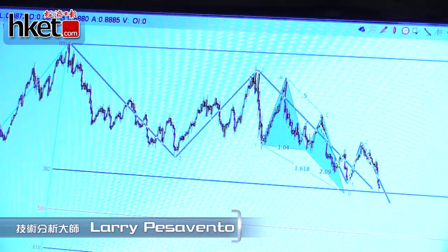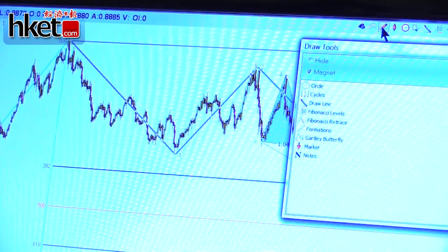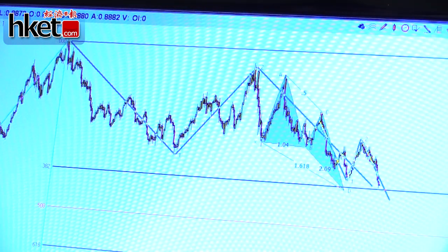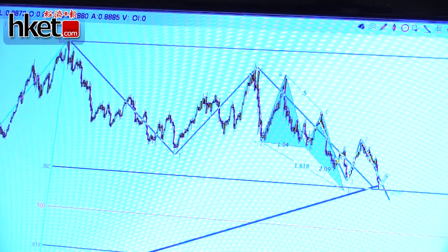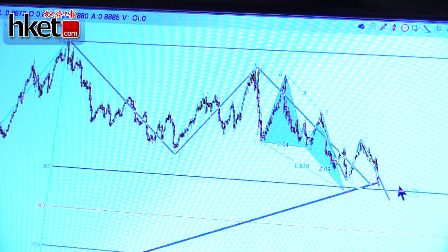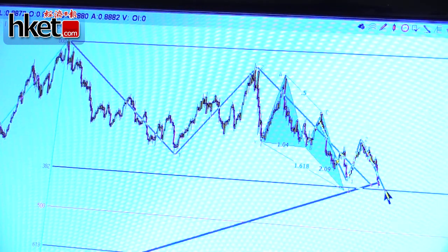And it's also coming in at one of the ratios that we look at of the Fibonacci summation sequence. So what we have to do is draw that in to prove to ourselves that these ratios are holding. So it's right at one of our key ratios right now. That tells us that we want to be looking to be a buyer of the Swiss franc in here,